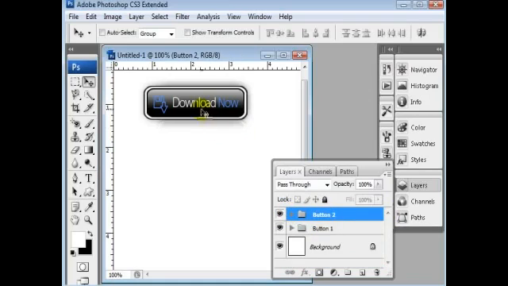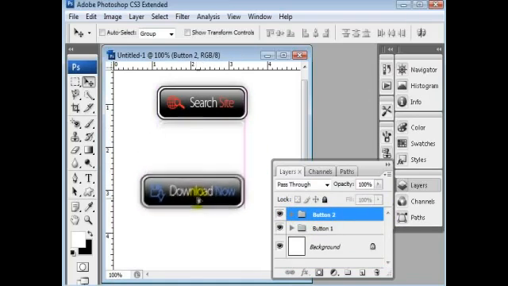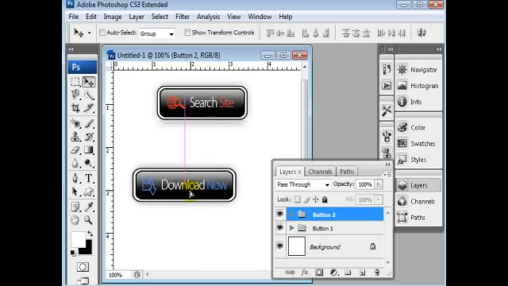And we're going to move the whole button 2 down a bit so it's not sitting right on top of that other button. Okay, let's go ahead and add a reflection again, which you should know how to do there. Let's go ahead and